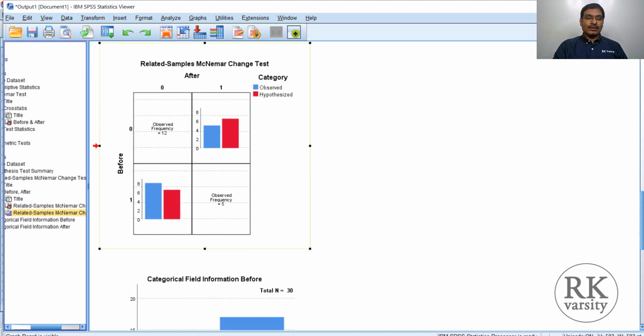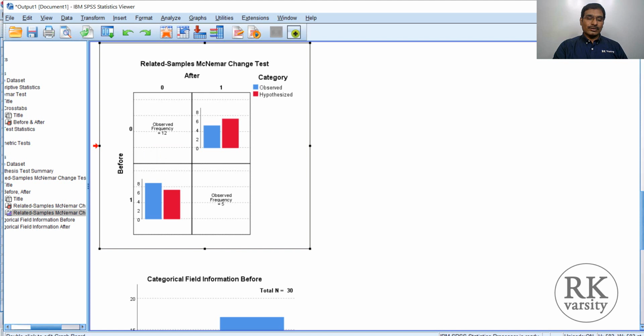Here you have observed frequencies: non-users, other brands before and after are 12, and here converted from other brand to company brand. Then here is people using the same brand before and now also, and here are people who used it before but not now, 5.